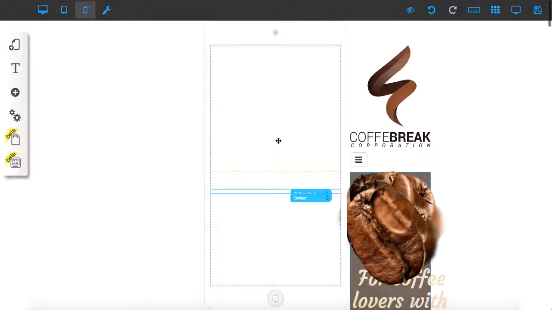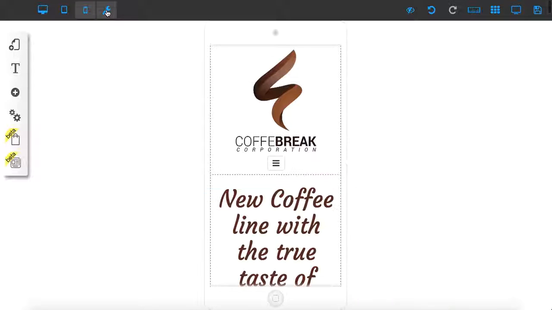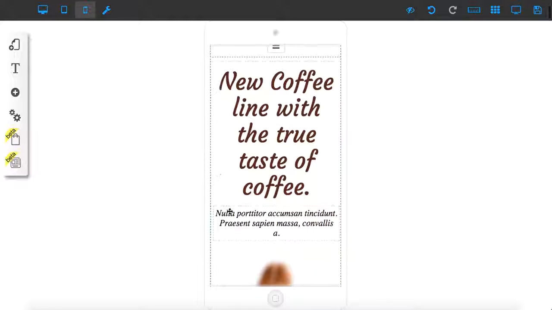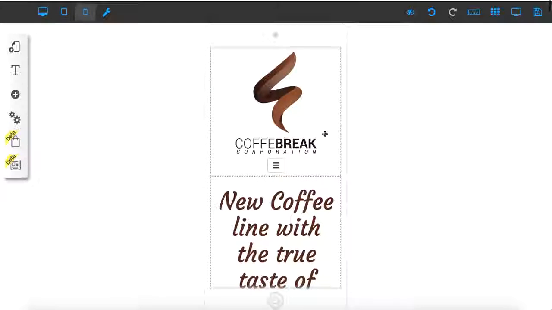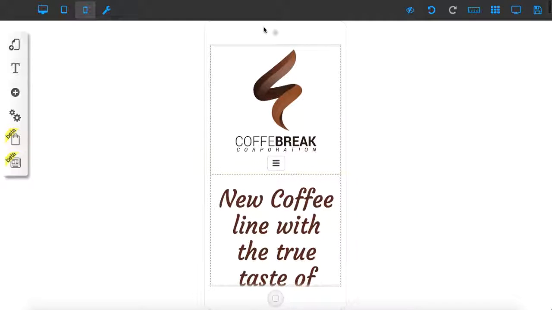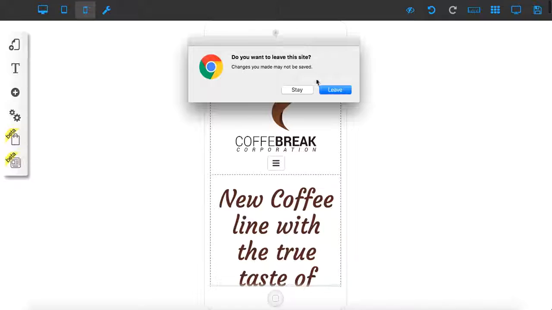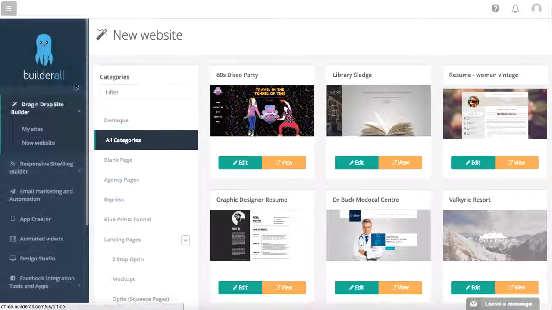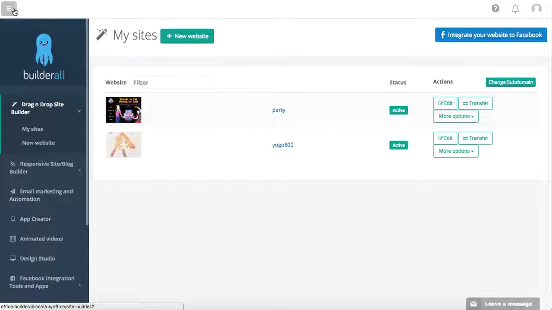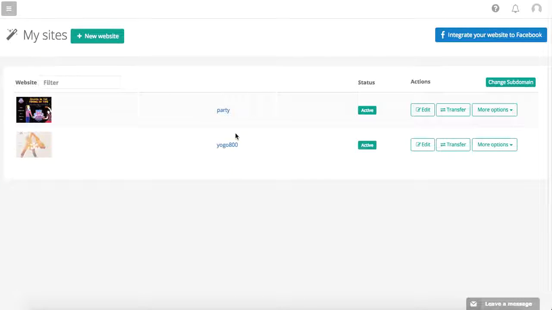So this is how you can start to work with things if it doesn't really work on certain versions or it's too big, even though you can resize. Okay, so go around, play around with this, and I'm happy creating. Now before we actually let you go, I'm going to close this one down and leave. And we're going to come back here into my websites where all of our sites are housed. All right, so I'm going to close this back down. All right, so this is going to show you